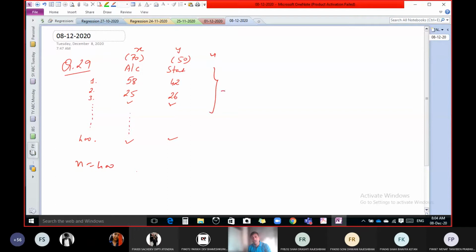In a foolscap we have only 30 to 32 lines. So we require minimum 12 to 13, or according to this 14 pages, to write the values of x and y. We require 14 pages, and after that we require x square, y square, or uv, then u square, v square. It is very, very, very tedious work. Now, no doubt, in today's world there is no problem at all. Does any of you have an idea why there is no problem in today's world?